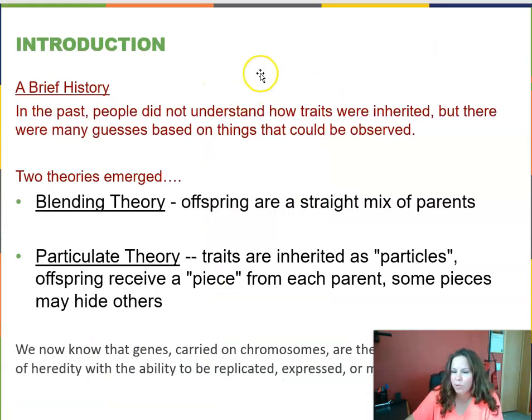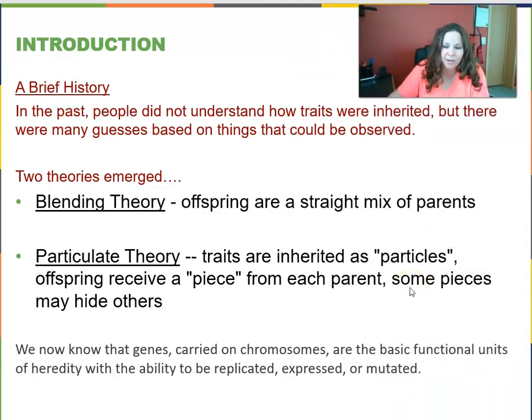A little brief history: people didn't always understand how traits were inherited from parents to their offspring. All they could really see was that their children or their offspring looked a lot like the parents and seemed to be a blend of both of them, which then 2 theories emerged. The blending theory, where offspring were a straight mix or blend of the parents,